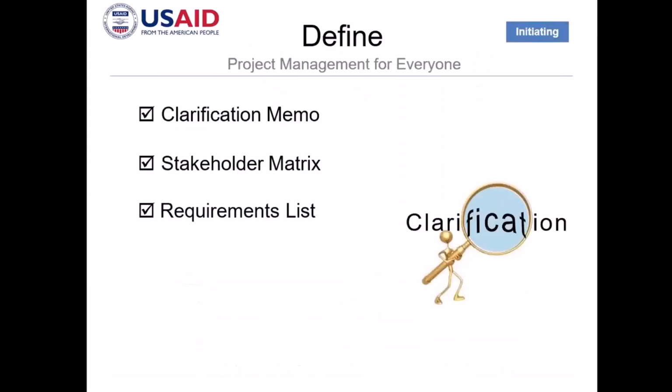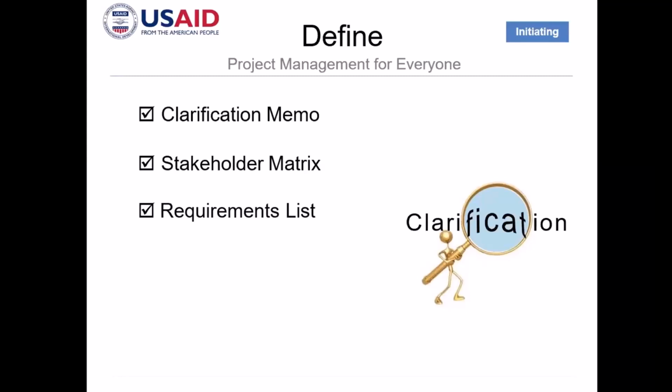So if you need to produce some memo just to clear the requirements, please do so. As I've said, for me, as a practitioner of project management, I normally produce a stakeholder matrix. So it's just like a table. And then I will come up with my requirements document that I normally attach as an appendix to my project charter.